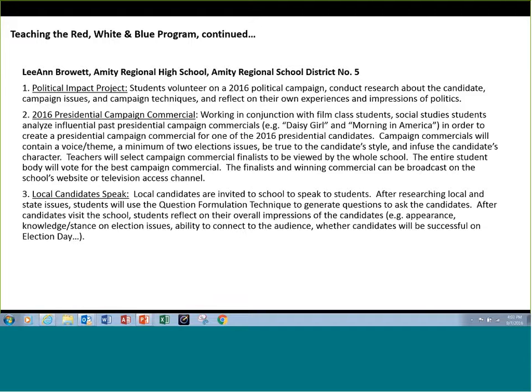But in addition to doing that volunteering, we ask that they conduct some research about the candidate and the campaign issues. They really scrutinize how the candidates use campaign techniques. And then they reflect on their own experiences and their views of politics. If we believe in the concept that all politics is local, students really get a